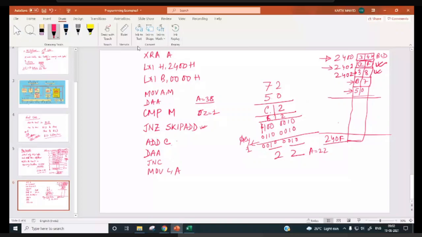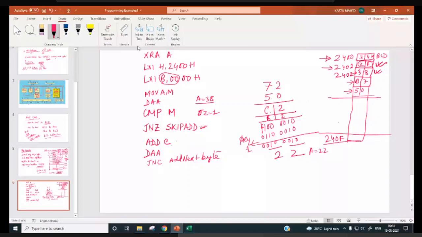You have to increment D register. So in C you have how much? In C you are going to transfer what? 22, and you have to do the addition, JNC next byte. If carry is not there, you have to add the next byte. Otherwise you have to increment B.